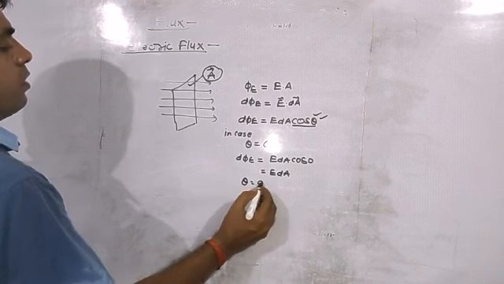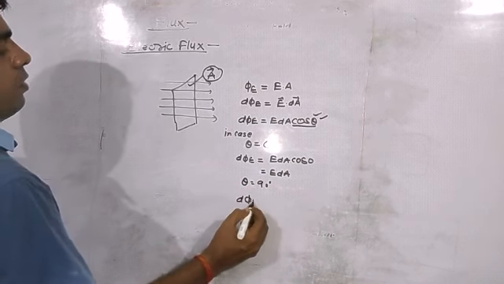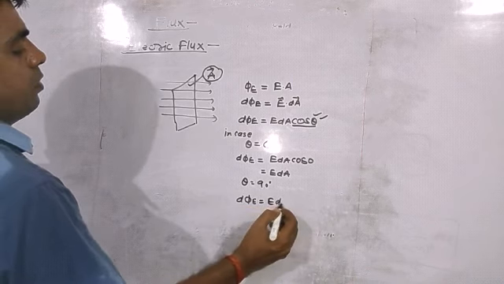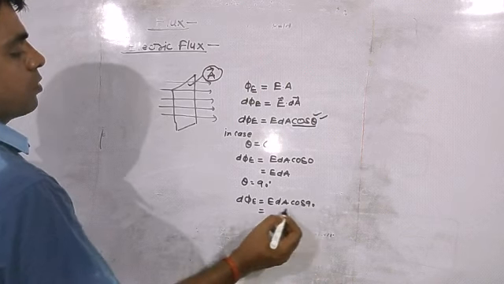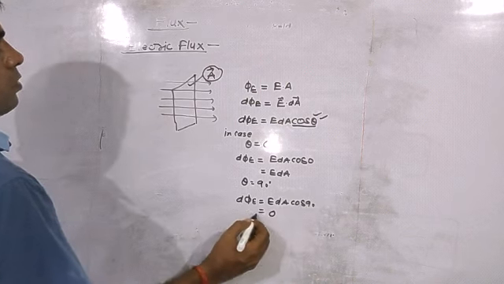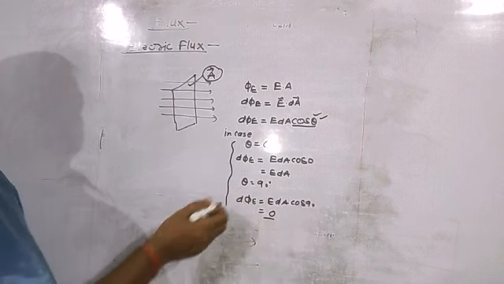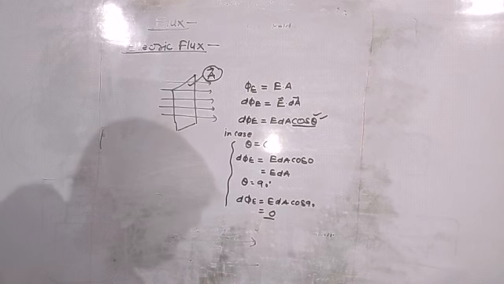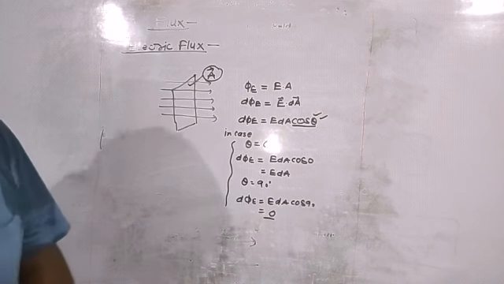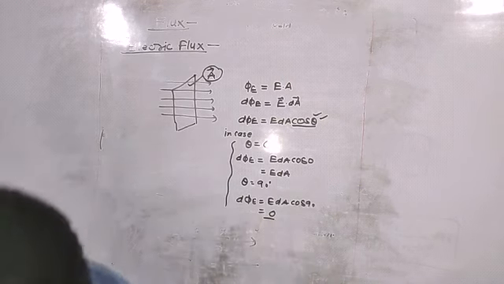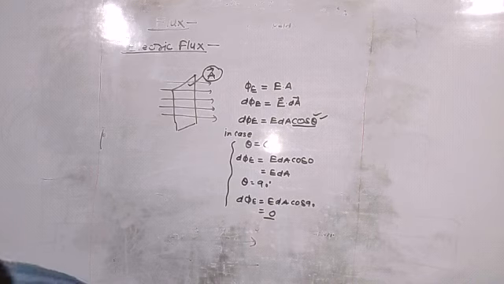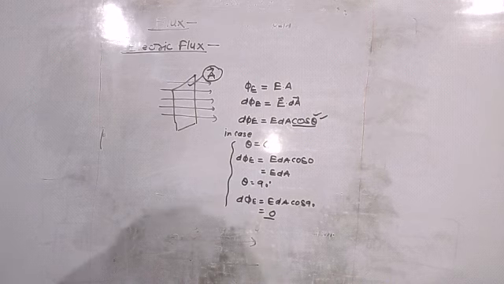And when theta is equal to 90 degrees, d phi E is equal to E dA cos 90, and the value of cos 90 is 0, so it will become 0. So here we have the different cases in which we are placing the surface in different axes with the plane or with the flow of the liquid, and we are getting the proper way of getting the electric flux. After this we are going to describe Gauss theorem. Now we are able to describe what the Gauss theorem is.